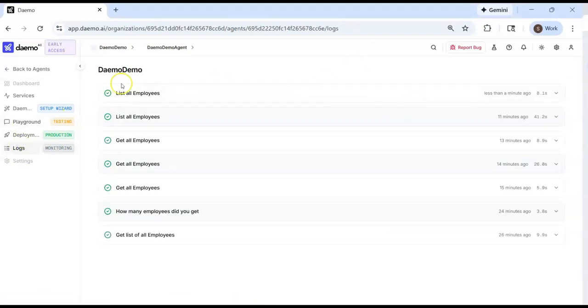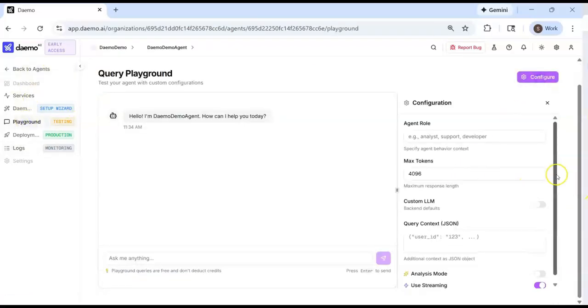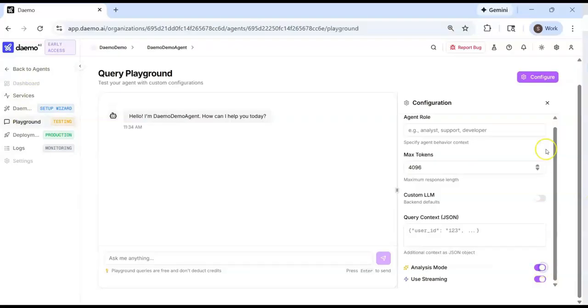This is part 2 of the Daemo.NET tutorial. We look at logs now. You can see the user who's asking the question and the role of the user. You see that analysis mode is disabled. Let's now switch on the analysis mode to true and then see how Daemo responds to the same prompt under analysis